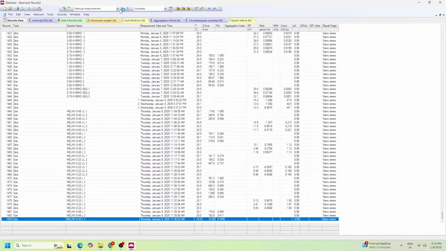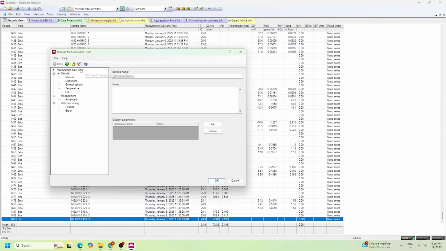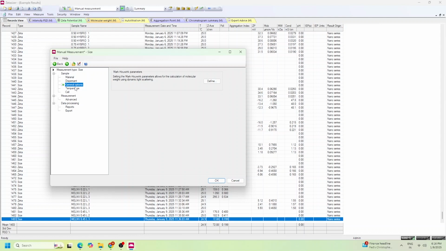Next, we will proceed with the hydrodynamic size measurement using dynamic light scattering, that is DLS. Open the same software. This time, select size as a measurement type. Enter the sample name. The remaining parameters are the same except for the cell. Since we are using a different cuvette, make sure to select the correct one in the software.